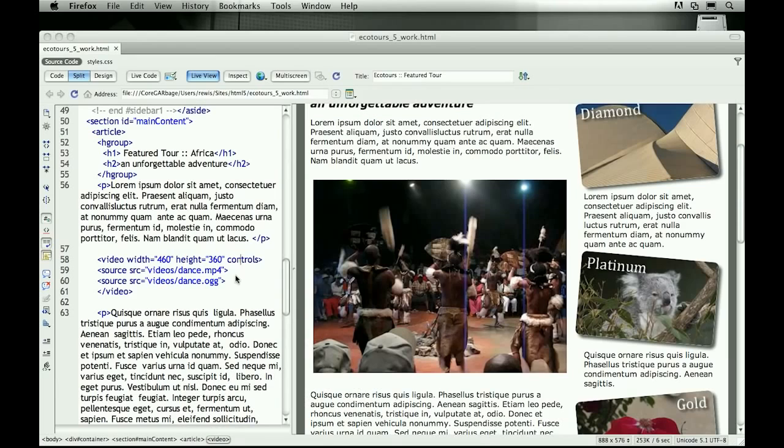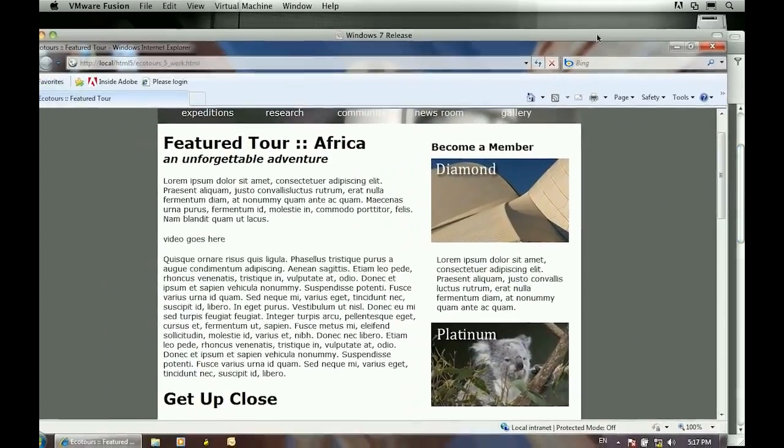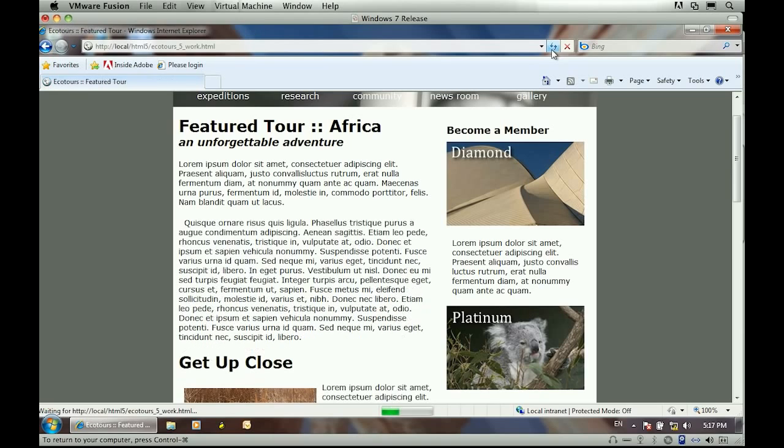Now, of course, we mentioned Firefox, Chrome, Opera, Safari. One of them we've not mentioned, and that being, of course, Internet Explorer. Let's see what that looks like by just dragging on a version of Internet Explorer, this Internet Explorer 8 running over here inside of VMware. And I'm just going to refresh the page so that we can see what is going to happen right here where that video goes. And well, it disappeared because Internet Explorer 8, 7, and 6 for that matter, does